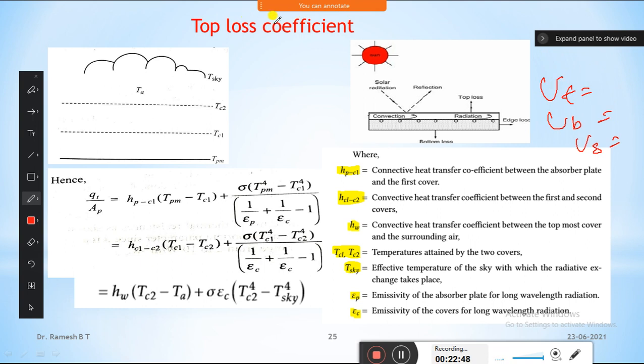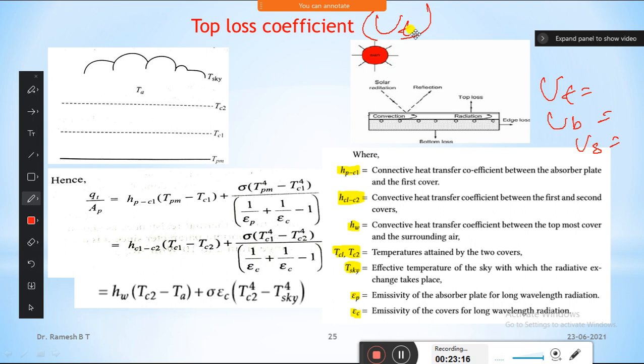So the first is the top loss coefficient. The top loss coefficient UT is evaluated by considering convection and re-radiation. So here the loss will take place either in the form of convection